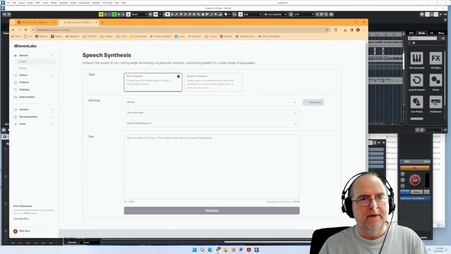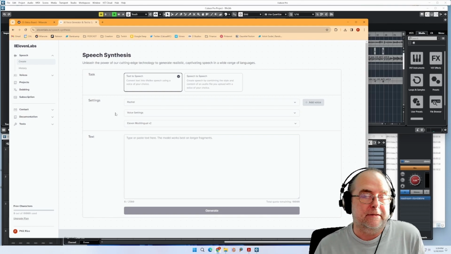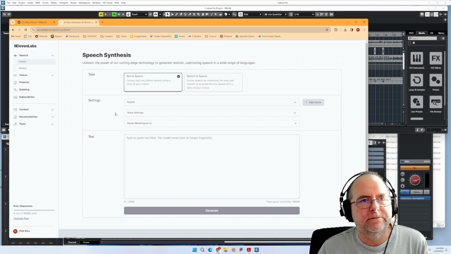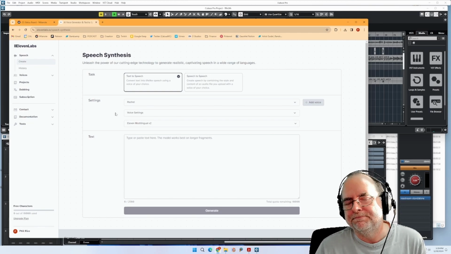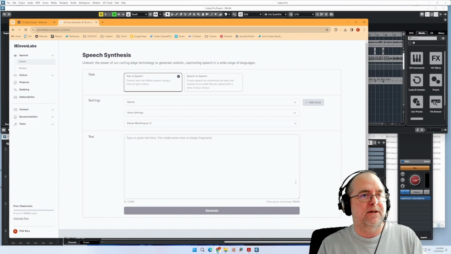The typical way to do it is you go to ElevenLabs, text-to-speech, you choose the voice profile that you want to use, and then you can mess with settings, but honestly, in my experience, messing with the settings really just risks making the result more noisy or more unstable. And you just paste your text in. You've got a certain number of characters that you can do each month, and then depending on your plan, even the free plan has some. And you click generate, and then it generates an audio file.